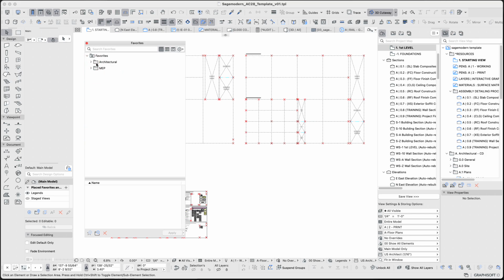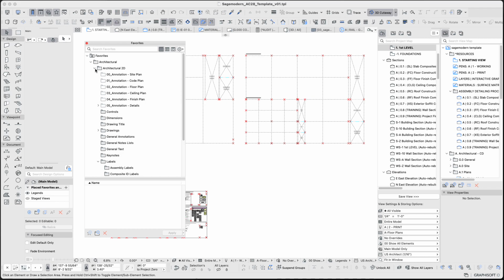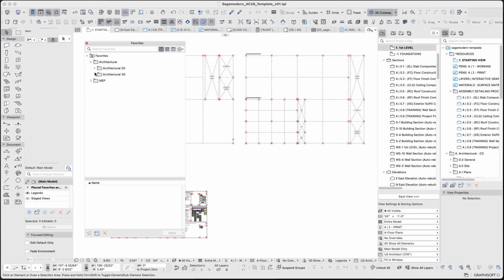I separated them out between architectural and MEP. In the architectural, there are two folders: 2D and 3D. Briefly, in the 3D, I just made some folders as places to save future objects. As we start getting into projects and building some of these out, we'll probably have certain appliances and plumbing fixtures that we'll want to use over and over,